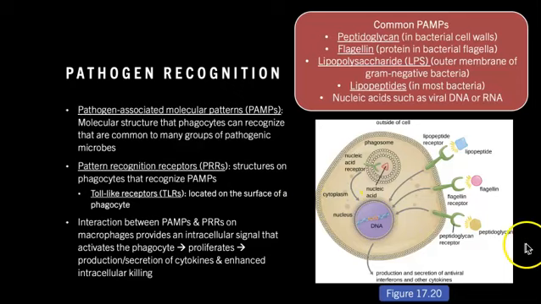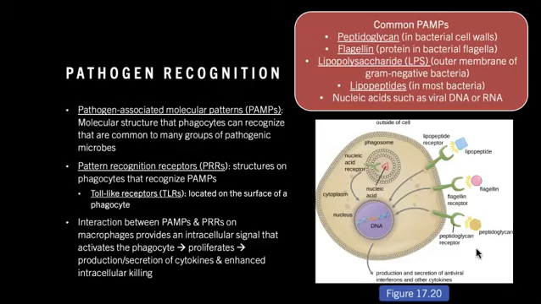I also want you to note that it doesn't have to be one of the PAMPs that we've discussed here that it can attach to. It can also be from opsonization of a pathogen by an antibody, putting that red X on a microbe saying, hey, you need to come kill this microbe. It could also be complement factors such as C1q, C3b, C4b, and lectins that assist our phagocytes in recognizing the pathogens and attaching